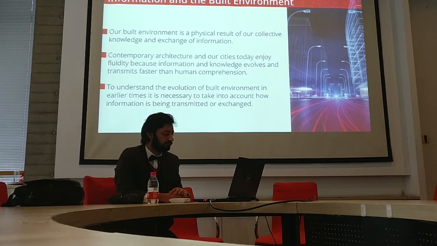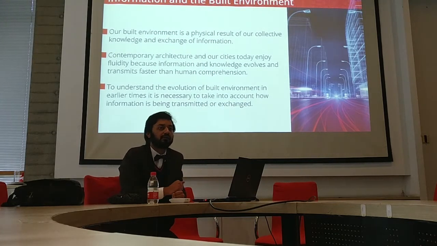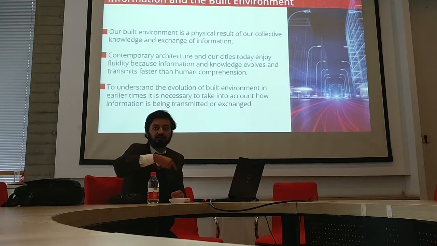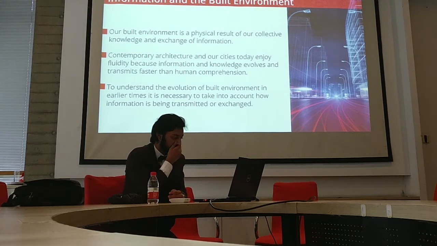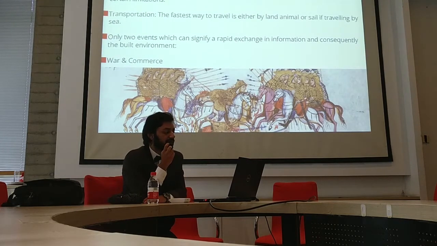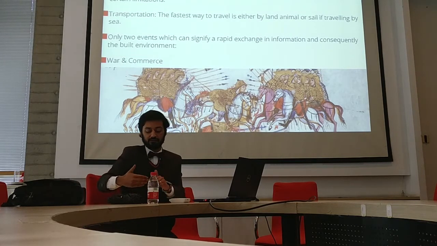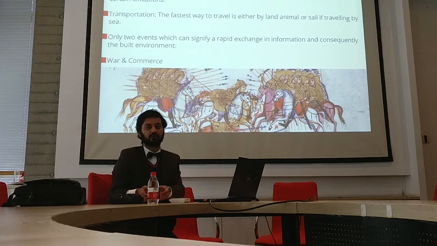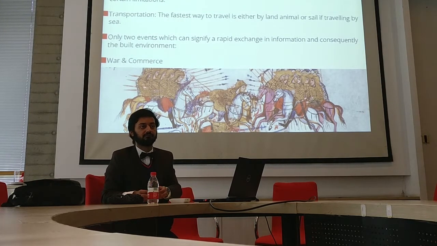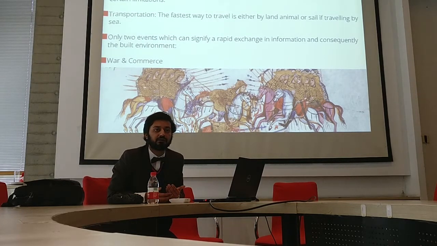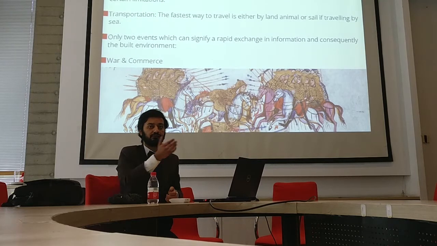And so because of this fluid exchange of information, it can create a problem when you're going through the history of architecture, especially going back towards the 3rd century, 4th century, because you don't have that free exchange of information. So you have to take these limitations in mind. The first limitation when you're studying any ancient form of architecture or any ancient city is the mode of transportation. Because right now our information is not related to mode of transport. We have the internet, but for most of human history, information was dependent upon your mode of